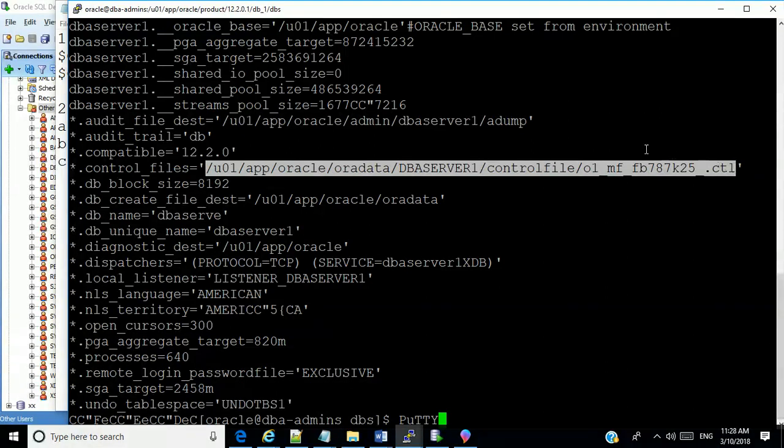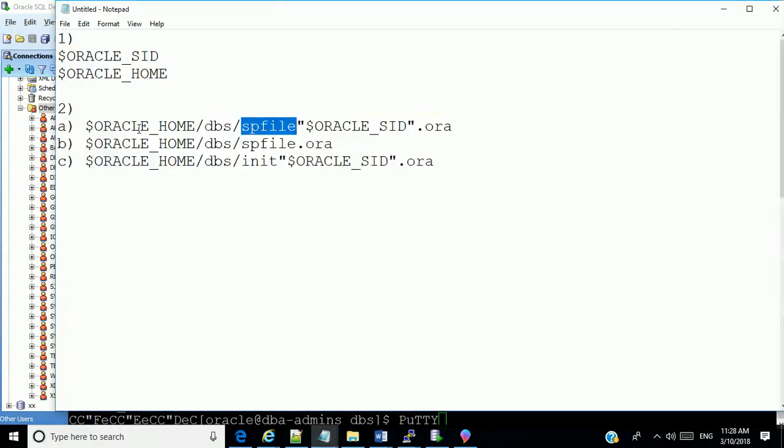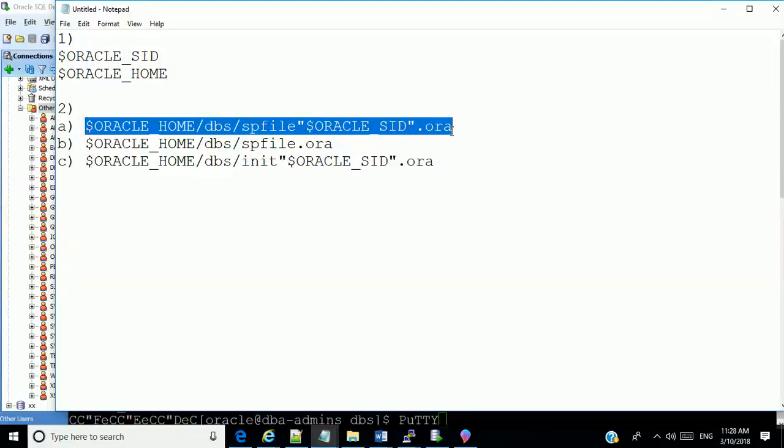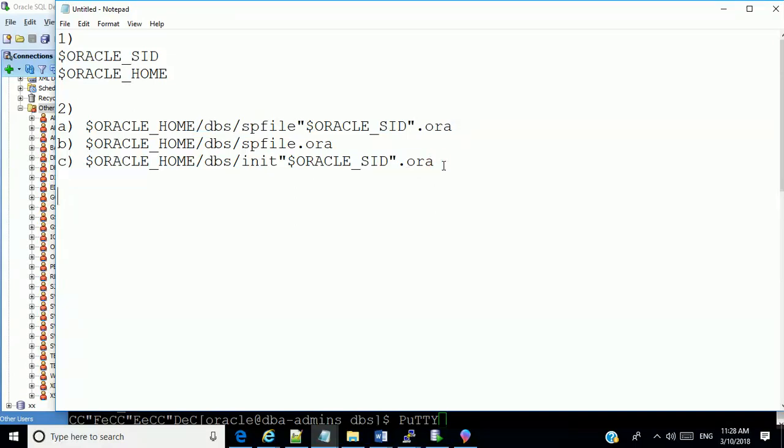Okay, so I'm going to go back to the process of booting. You start off, Oracle looks for the Oracle SID in the environment. It looks for the Oracle home, right? After that, it reads the parameter file, the initialization file, which has the parameters needed to boot the instance. Okay, after that, you say startup. That's the startup command.